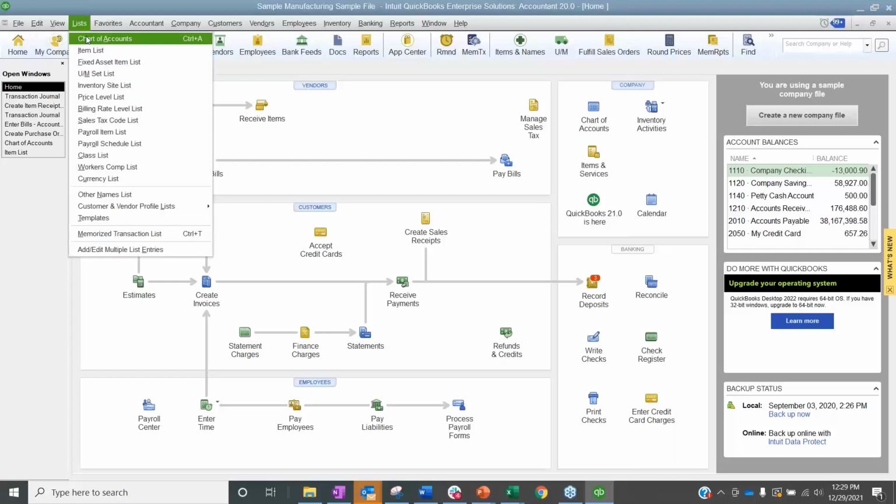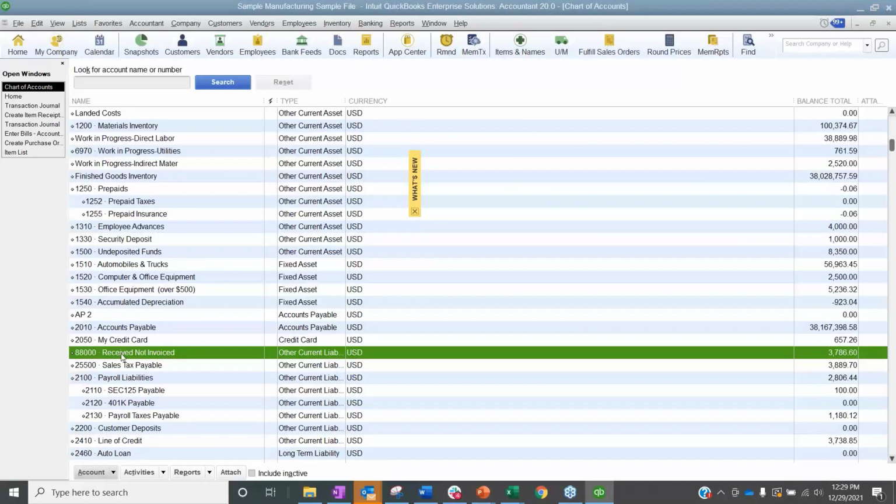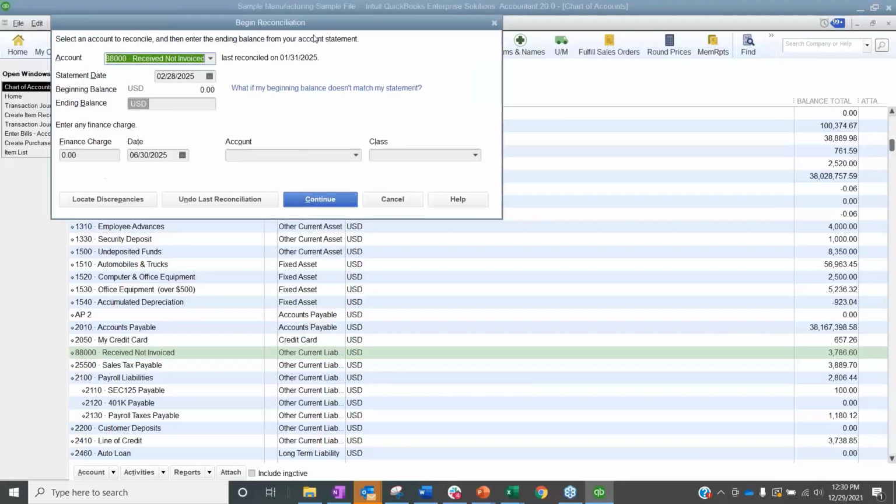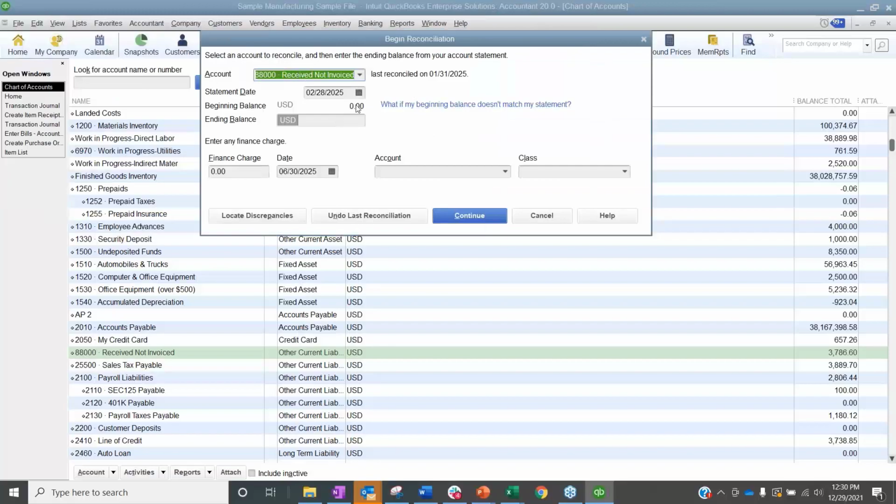Now I'm running up against time because I did not expect that little snafu earlier, but I'll just show you one real quickly, this last step here. The last step that a lot of people don't enjoy is the fact that, as with any balance sheet account, we should be reconciling this account. And we don't reconcile it to subledger documentation. We don't reconcile it to a bank statement, obviously. What we're reconciling it to is an in and an out. So when we reconcile to an in and an out, we should be reconciling to zero,